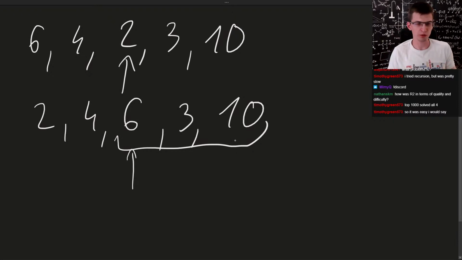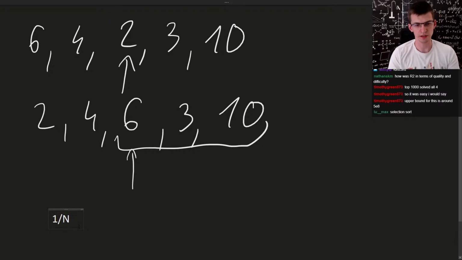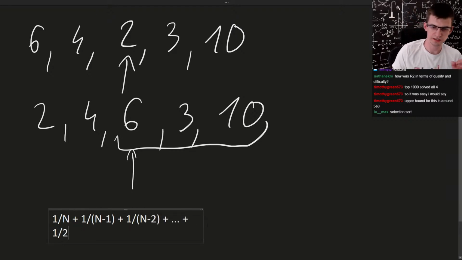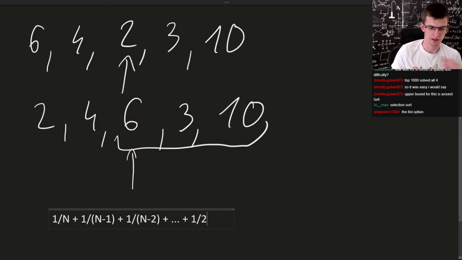But in this problem, what will be the cost of queries? Well, when we ask about the whole sequence, our cost is just 10 to the 8th. Let's say that the cost is just 1, divided by length of the interval we ask about. Then in the next step, this is the cost, and then this is the cost, and so on. And eventually you get this cost of asking about comparison of two last elements. And you should know,